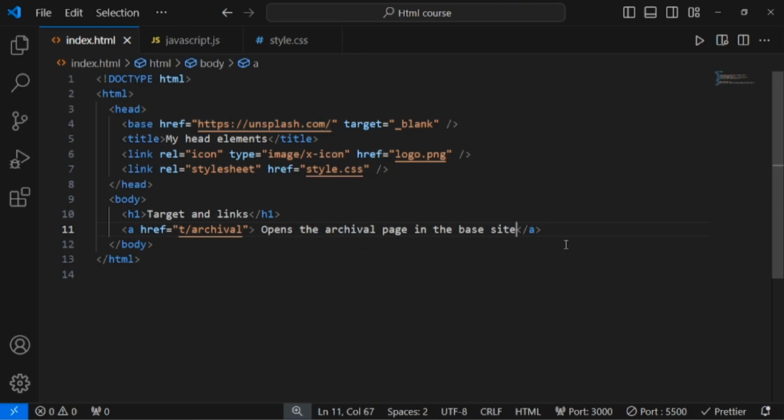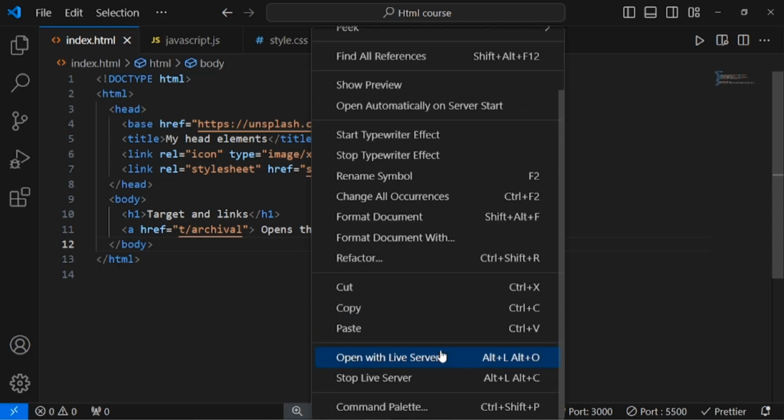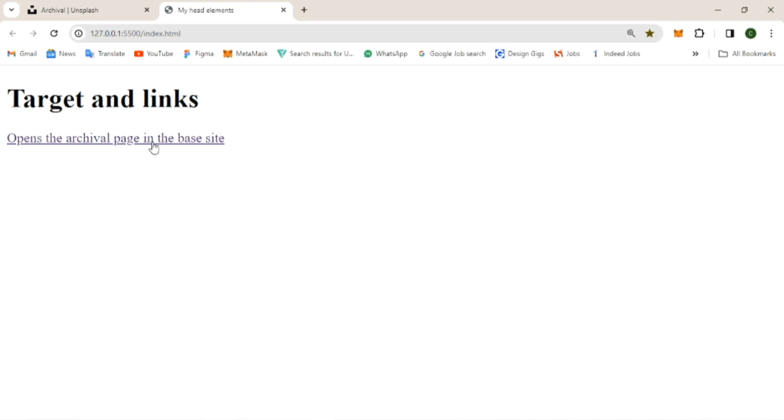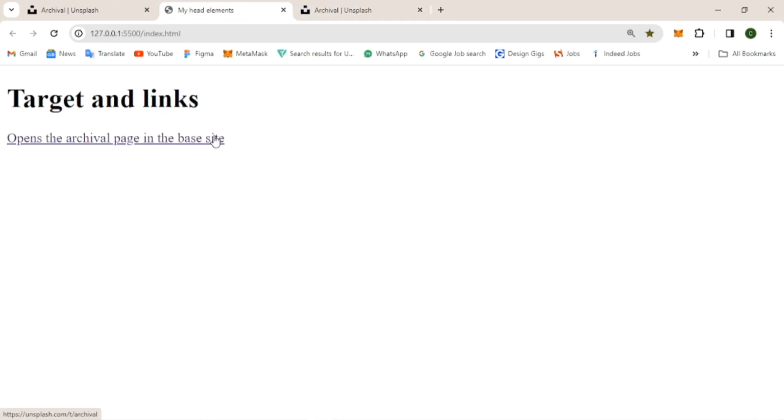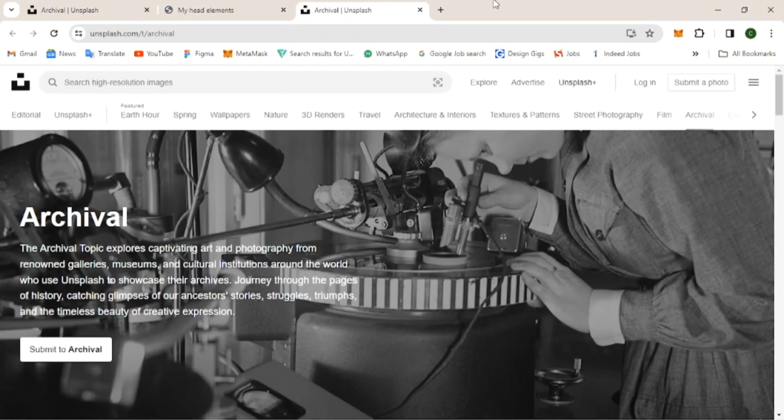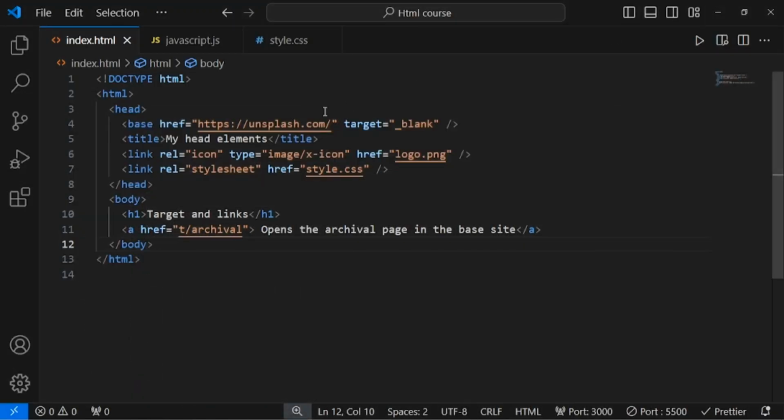If I save it and then I open it with Live Server, this is what we have here. So if I click on this, you see, it actually takes me here. And the next thing that you notice is that when we clicked on the link, it took us to another page. So if I set this now to self,